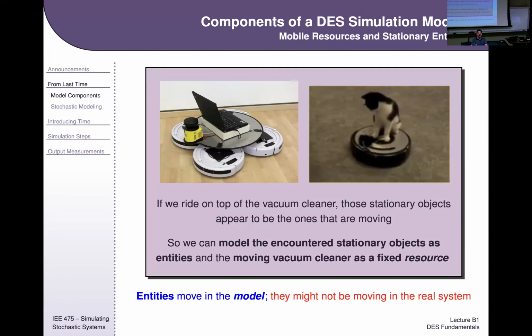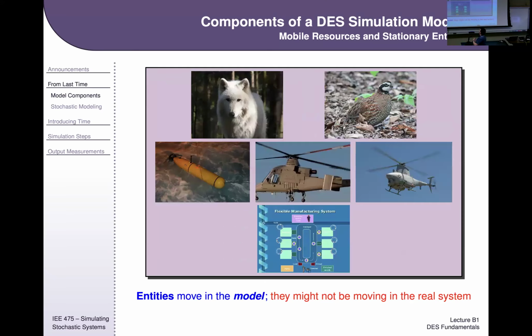And periodically, the whole factory has to shut down while the factory cleans itself. That's basically what's going on with the robot. So in that particular case, it actually is simpler to model in Arena the resource as being the thing that is stationary, even though in the real world it is moving around. And I've done this in a bunch of different models that I've used in research and